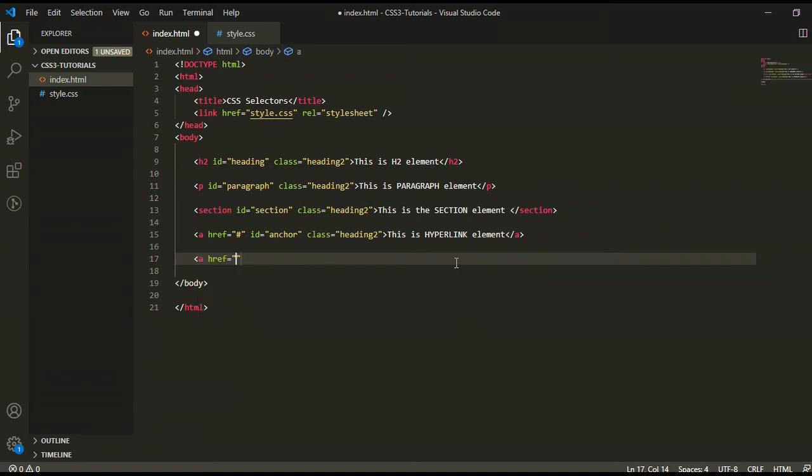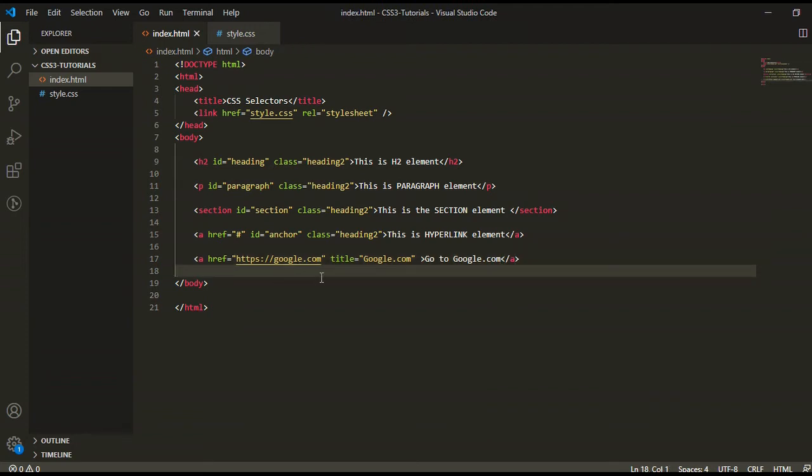The href value is https:// google.com, and here I am giving the attribute title, and I am giving the name google.com, and let's see how we can select this anchor tag by the attribute.